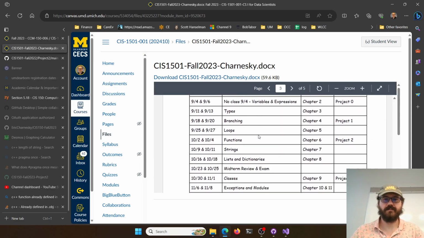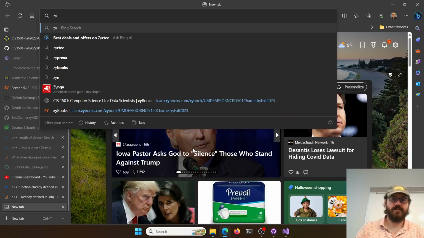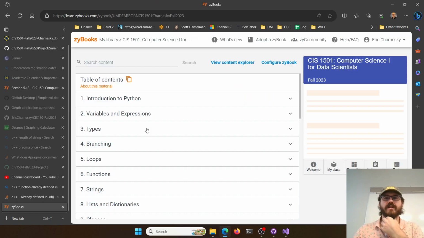There it goes. All right, so we're moving on to all things strings. Lots of fun with strings. A lot of cool things we can do with strings. This is not my favorite chapter. Mostly know that you can do all these cool things, and then we're cool. But we'll practice some of them, have a little bit of fun here. So that's our Zybooks. Pull that one up and take a look at our strings chapter.